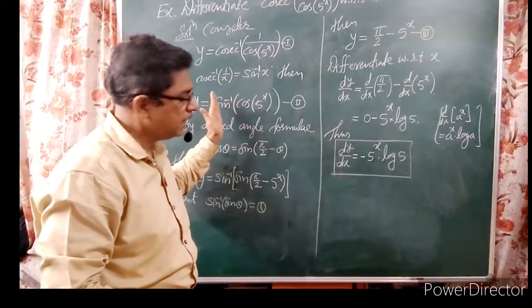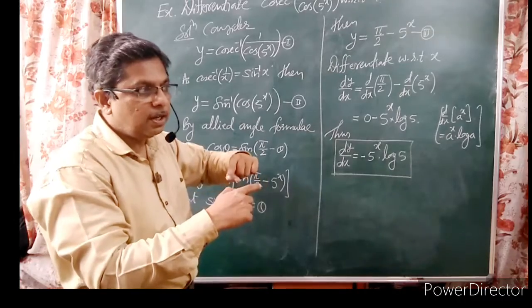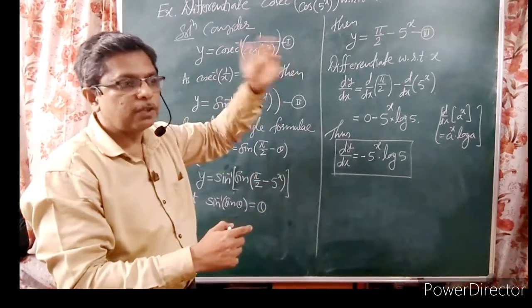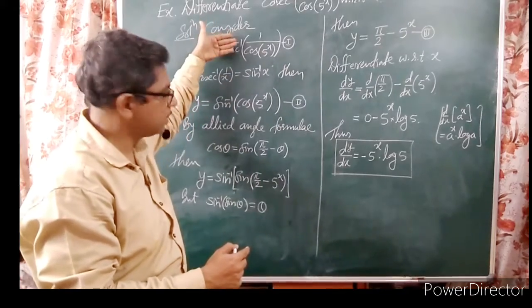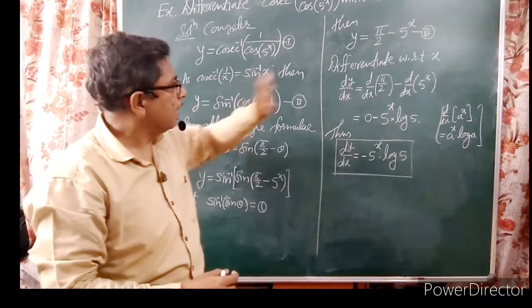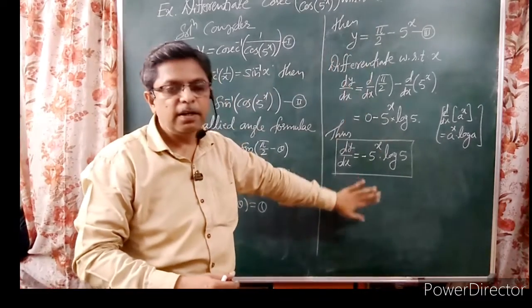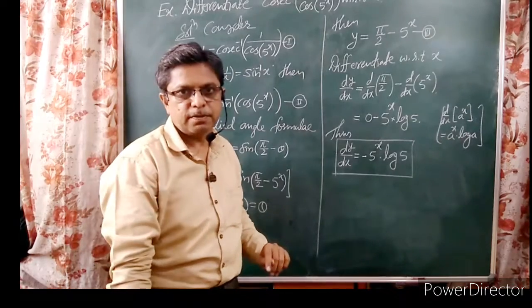If you have tan inverse outside, you have to adjust tan. And if we have sec inverse, then convert to cos inverse first. If we have cosec inverse, then first convert to sine inverse. And if we have cot inverse, first convert to tan inverse, and then go for simplification. And after simplifying, go for the derivative. That's it. So we'll see a few more examples.